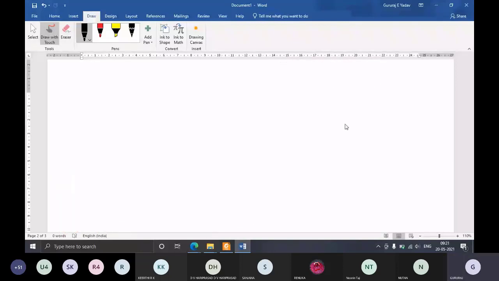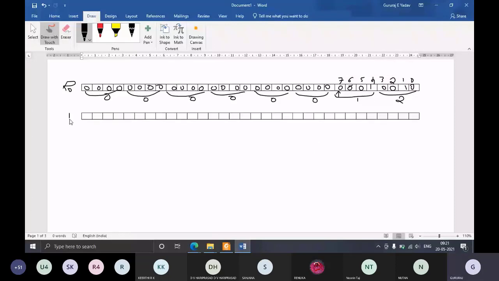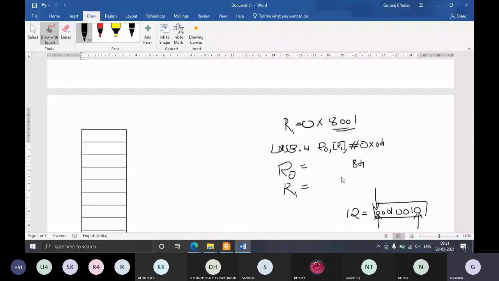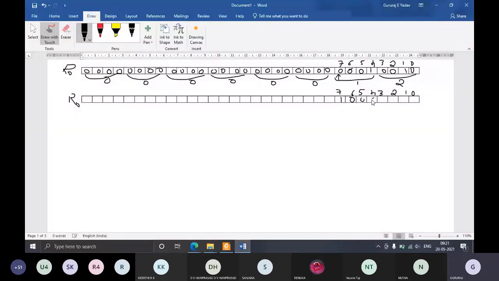If you go to the bitwise representation, this is R0. The first 8 bits, 0, 1, 2, 3, 4, 5, 6, 7, the least significant 8 bits, the content that will be copied will be 84. How will you write 8? 8 is 1 followed by 4 zeros. And 4 you'll write as 0, 1, 0, 0. Fine. So this is 4 and this is 8.